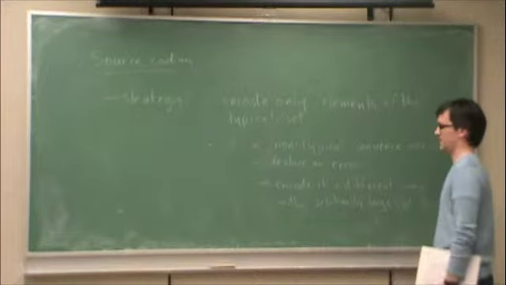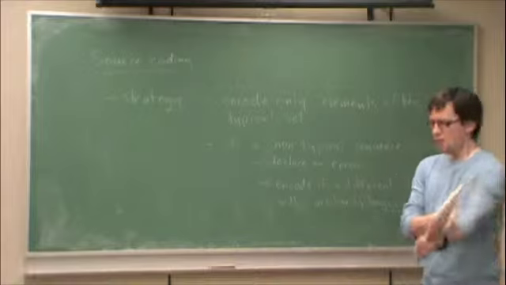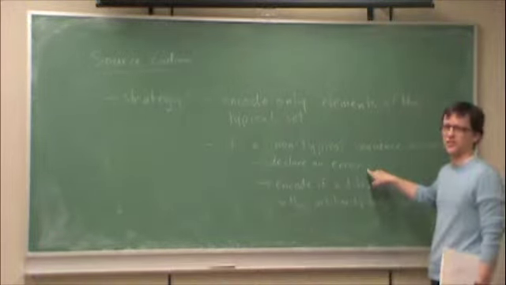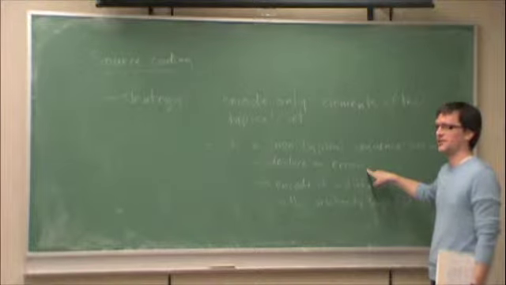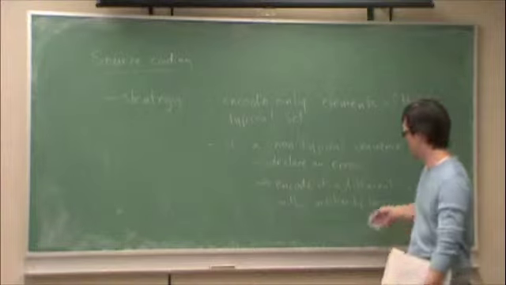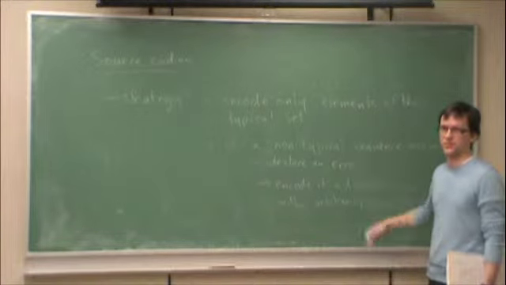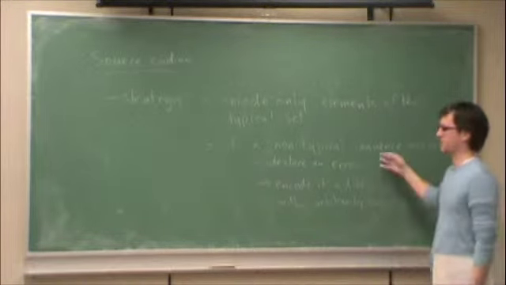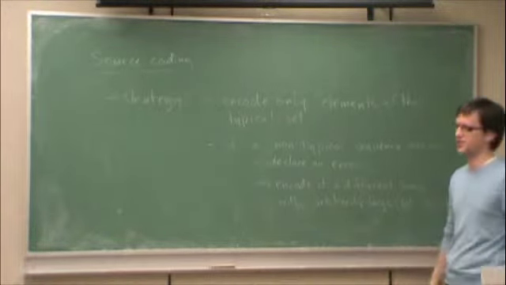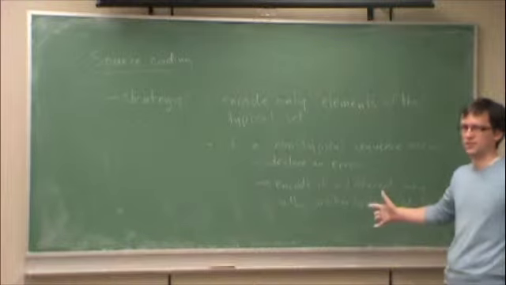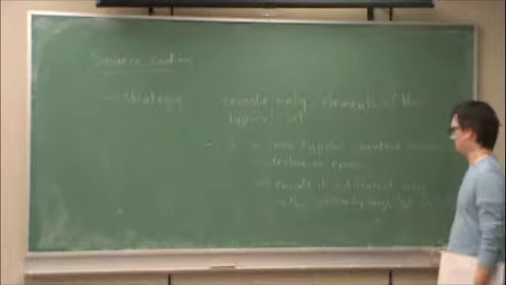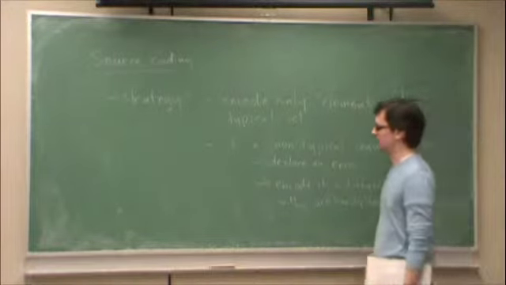So if you're nervous about a source coding scheme that can cause errors, so for instance, if you go to your computer and you type zip, and you try to zip something, you don't want errors to possibly occur. If you're nervous about that, then you can just say, okay, if it's atypical, I'm going to encode it some different way, and it can cost as much as, in other words, the length of the encoded sequence can be as much as I want, just as long as it's limited. So on average, what's going to happen?